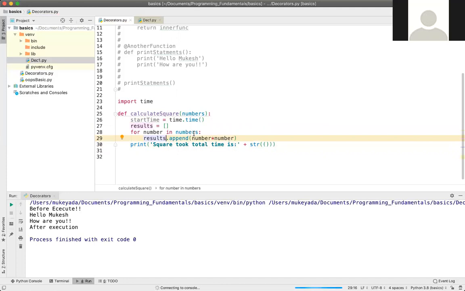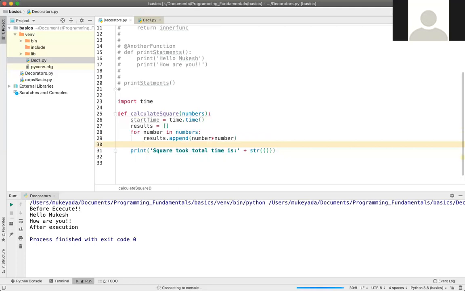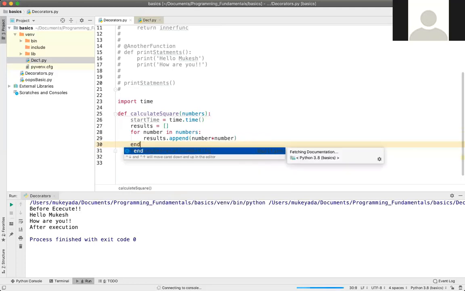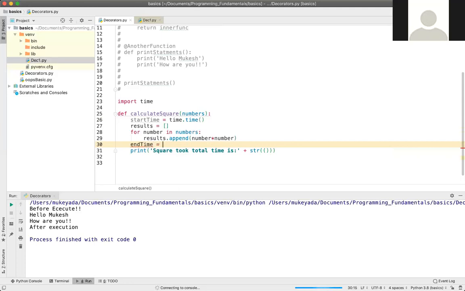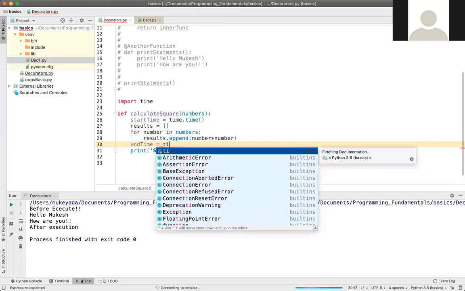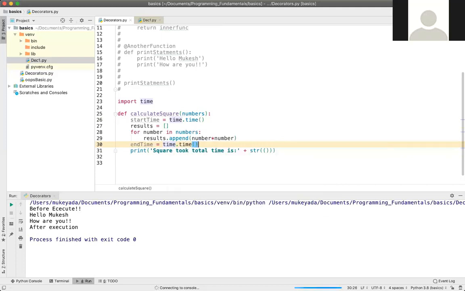After calculating we need to make the end time also. So here end time equals time dot time, right?